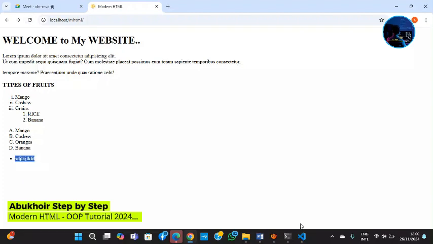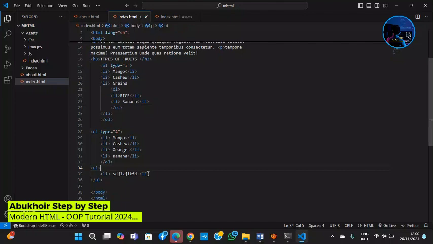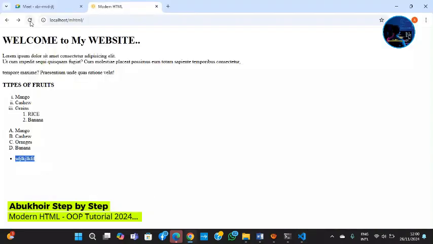So if I want to have more, I can just copy, then I refresh. You see the way the text